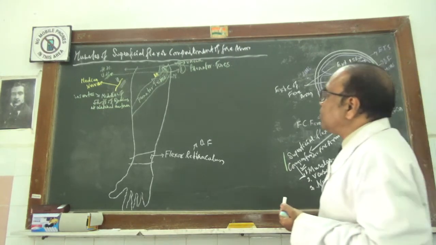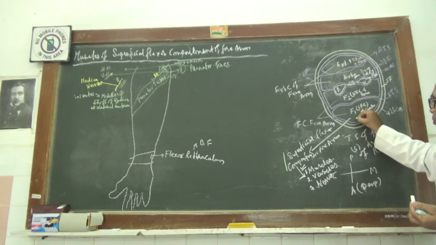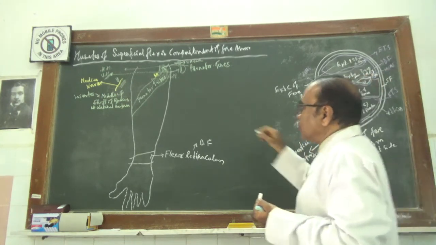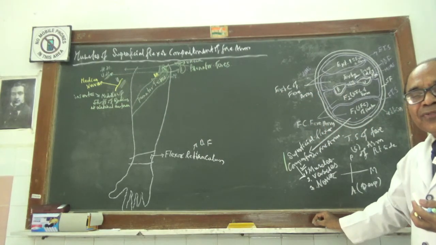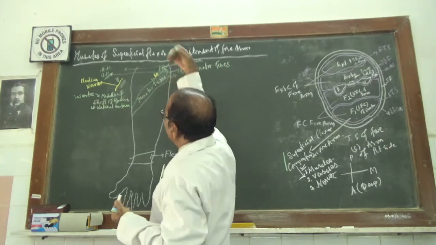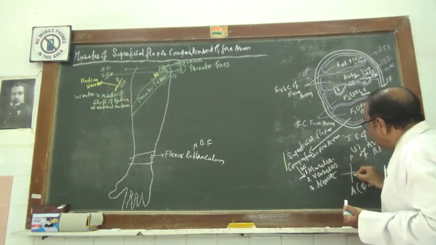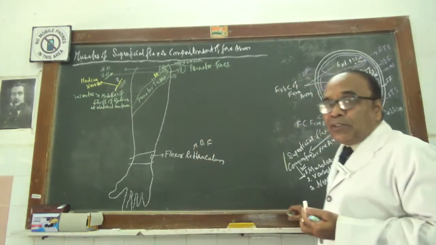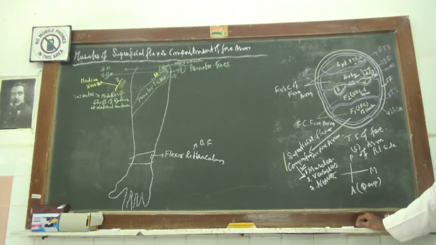The relation of the pronator teres: in front, it will have the skin, superficial fascia, deep fascia, cutaneous nerves, cutaneous vessels, but deeply, I mean to say posteriorly, you will have, at the origin, the anterior part of the medial epicondyle of the lower end of the humerus, and medial upper